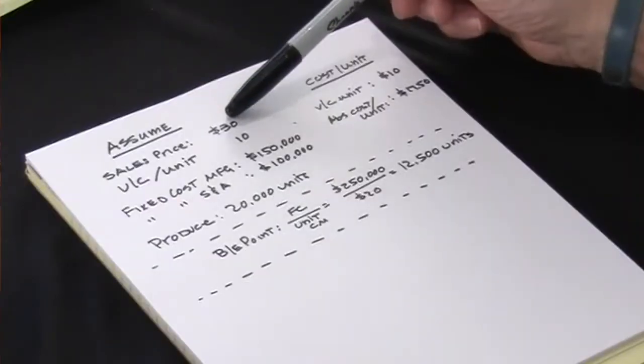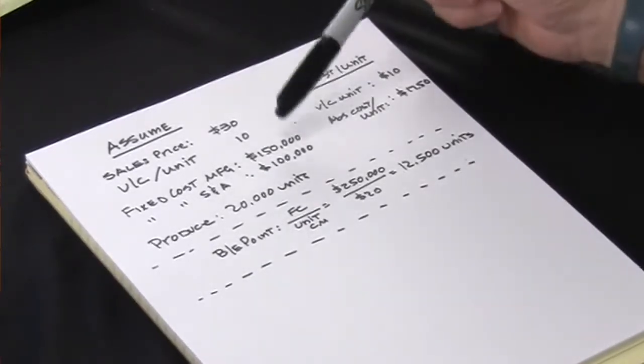Topic of variable costing and comparing that to absorption costing, there's an interesting sidebar to all of this that I want to demonstrate for you, and it's kind of an ethical issue that I'm going to demonstrate for you, and I'll leave you at the end with that ethical question. Let's just assume for the moment we have a product that sells for $30 and its variable costs in total